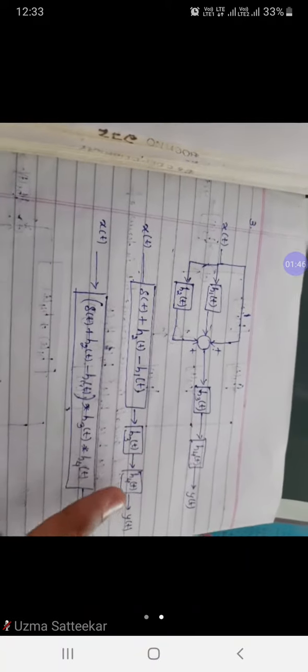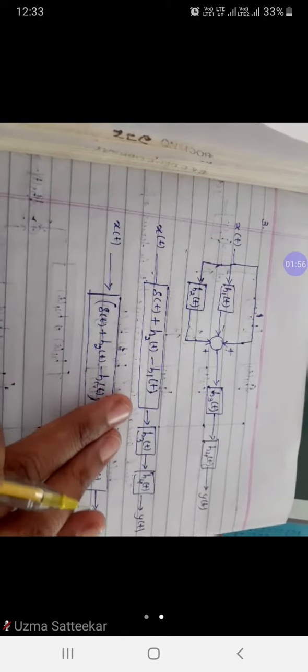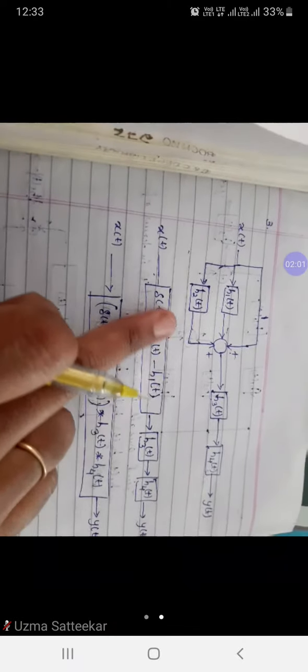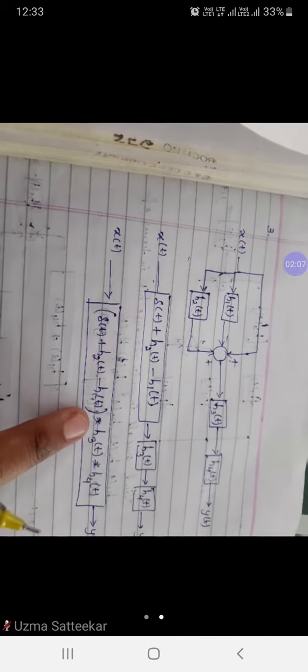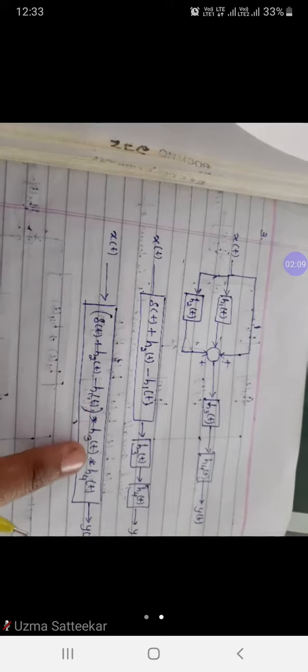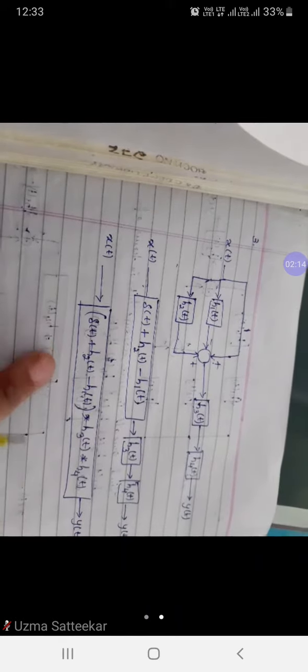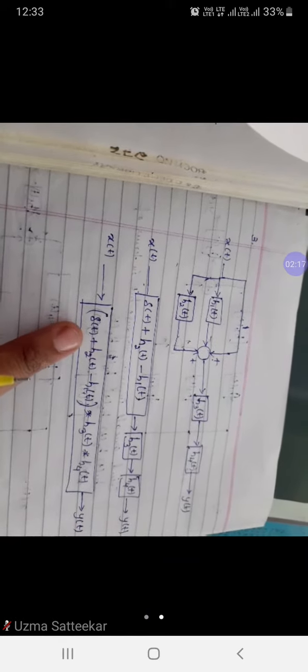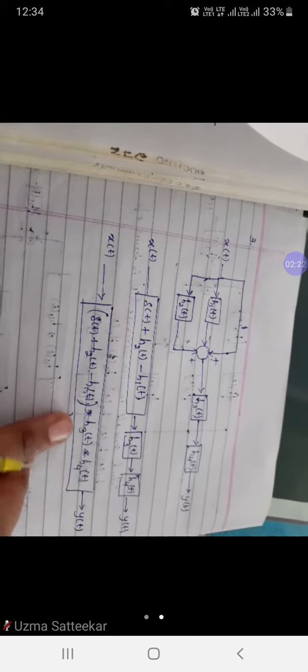Then the remaining 2 blocks are connected as they are. Now in the next step, this itself is the final step, wherein these 3 blocks are connected in series, and whenever we come across a series connection, we need to use the convolution sign. So this is the first block written as it is. Then h3 and h4 both should be used with the convolution sign. So this is how a parallel connection and a series connection are reduced to a single block with overall impulse response h of t represented in the form of h1, h2, h3 and h4.